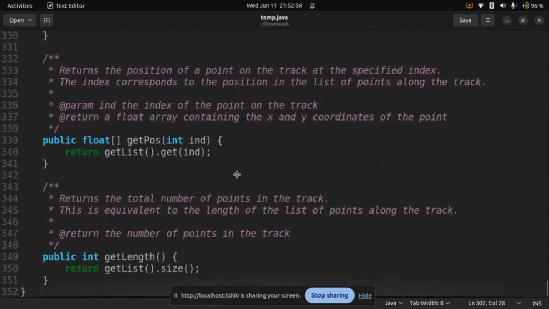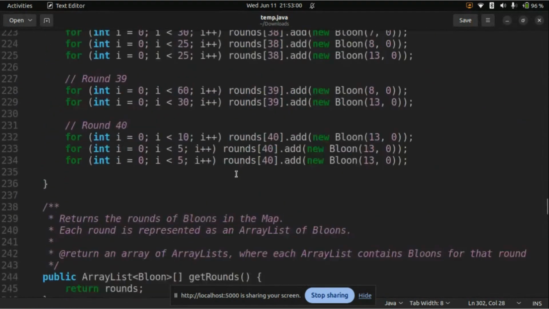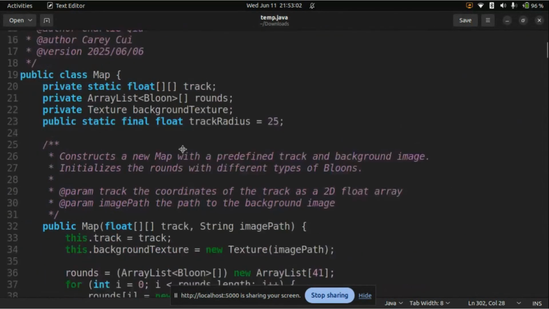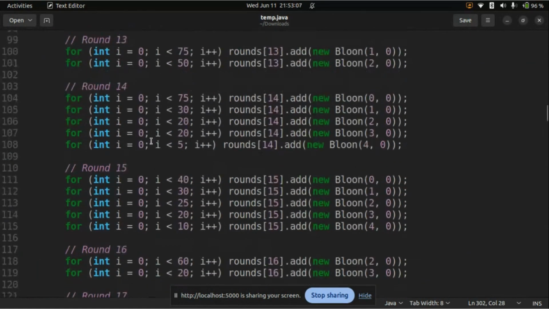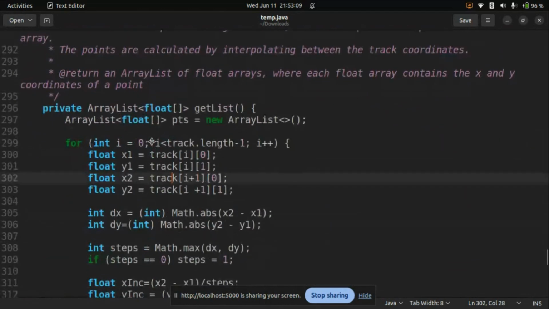So I'm going to be explaining getList, which is a method that I wrote in map.java for my Bloons Tower Defense final project. So this is the function,